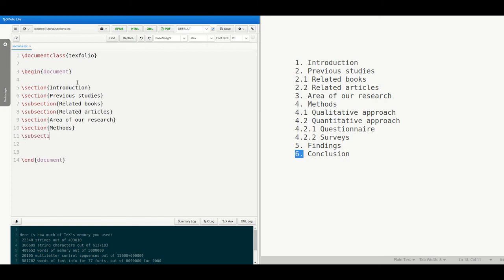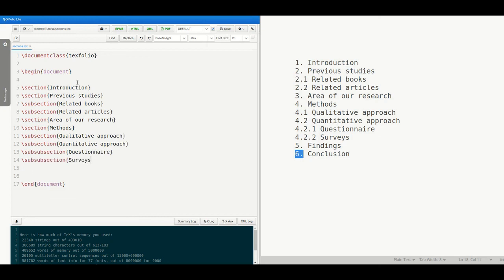Next one is fourth section, it is coded as section methods. Now we are moving on to 4.1, the subsection, and the 4.2, that is another subsection, that is quantitative approach. Next one is a subsection. It is questionnaire, that is 4.2.1. Another one is also a subsection.